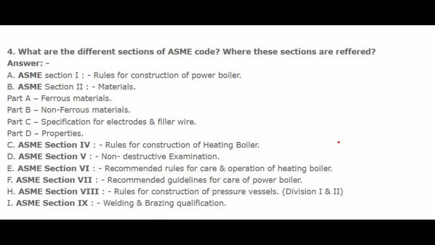Number 4. What are the different sections of the ASME code where these sections are referred? Answer: ASME Section 1, Rules for Construction of Power Boiler; ASME Section 2, Materials, Part A, Ferrous Materials, Part B, Non-Ferrous Materials, Part C, Specification for Electrodes and Filler Wire, Part D, Properties;